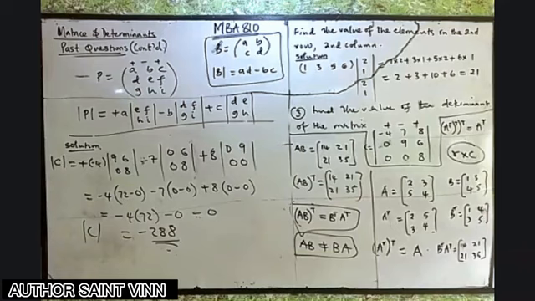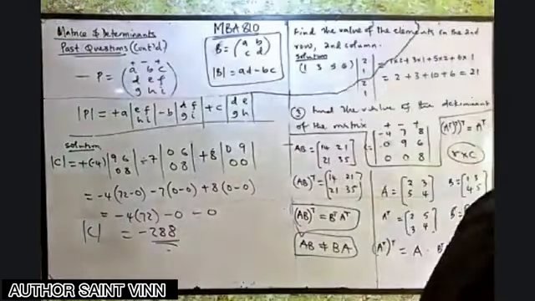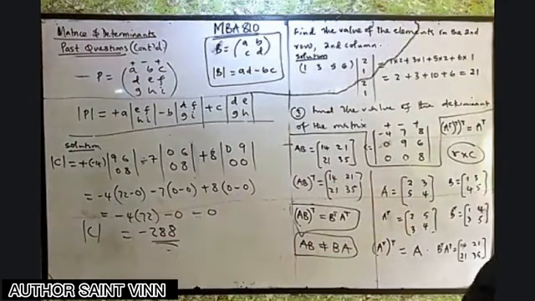It says 2 matrices, A and B, are conformable for addition only when: A, number of columns of A is equal to number of rows of B. Alternative B, number of rows of A is equal to number of columns of B. C,